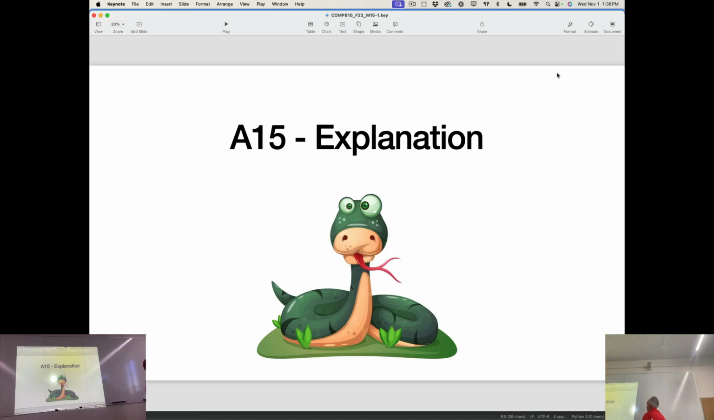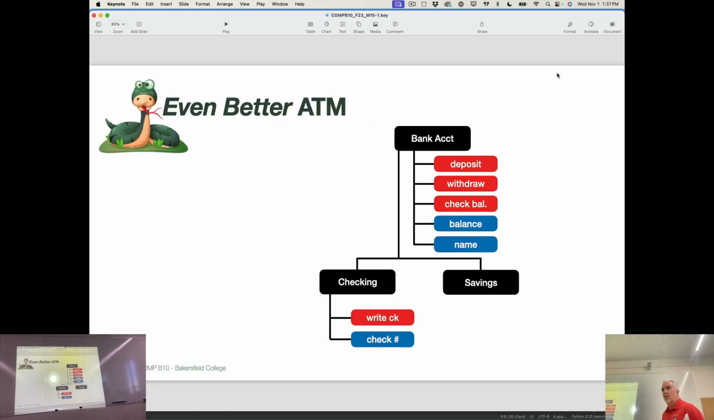So getting to the A15 explanation, this is one of those assignments that is going to give you the opportunity to recycle a lot of code that you've used before. And this is a redo of the ATM project way back from the very beginning of class. And that redo is going to be an object-oriented redo that uses inheritance to create a superclass of bank account,